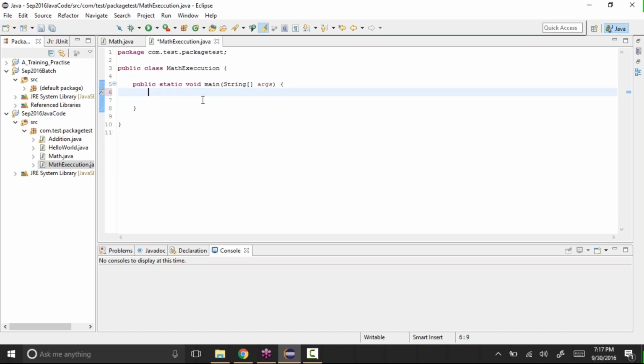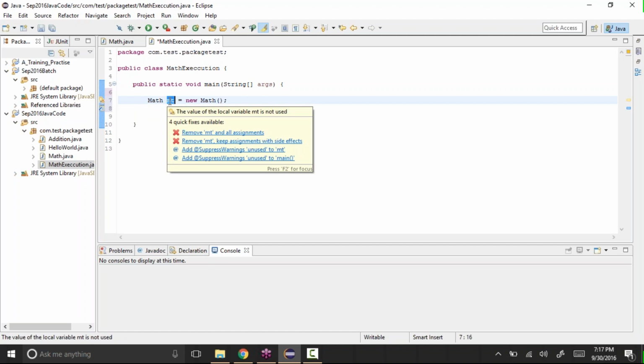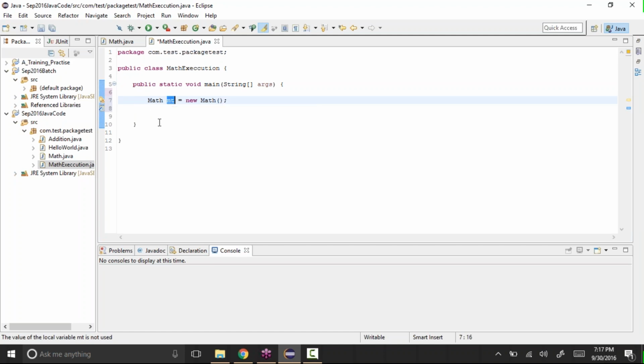So what I'll do is, let's say the name of that class is Math. Math mt equal to new Math(). So I am creating an object of the Math class and naming it mt, and we can give whatever name we want.